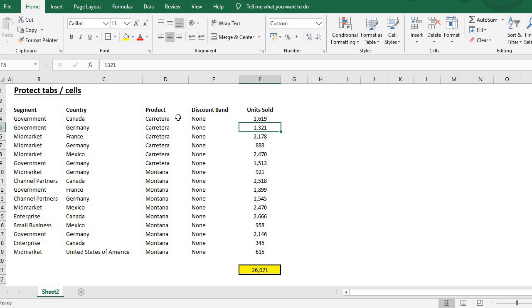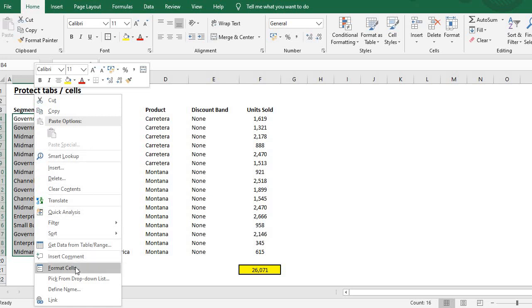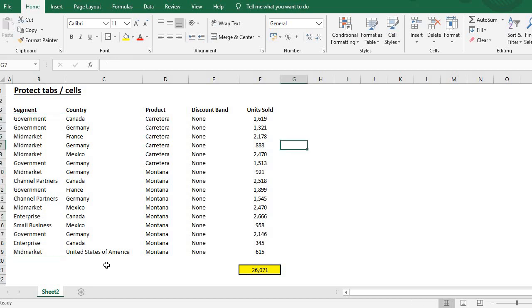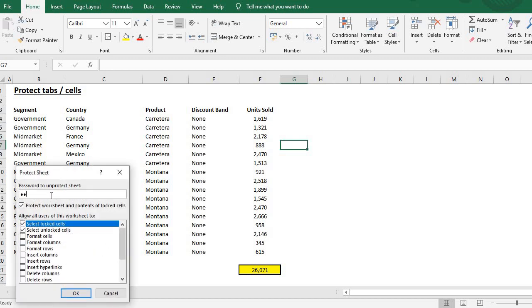On the other hand, you may have a situation where you want people to enter in specific cells. So let's say, for example, I'm going to highlight all of these because these are the ones that we want to allow people to enter into. So if you right click and go to Format Cells, Protection, and where it's got that Locked section and it's got a tick in there, you want to untick that, click OK, and now follow the same sequence again. So go to the tab, right click, Protect Sheet, we'll give it the same password,